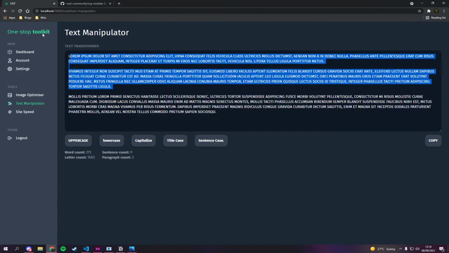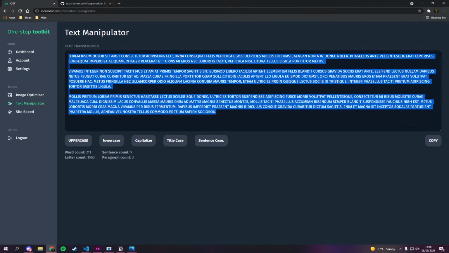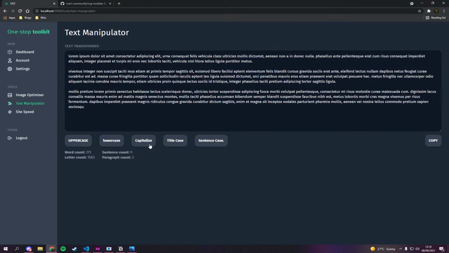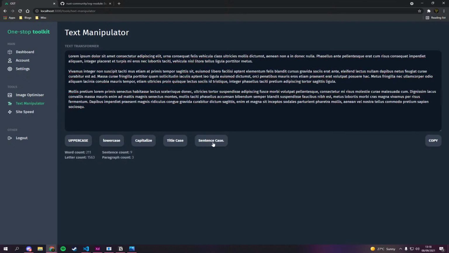So if you needed a title fully uppercasing, you can do that. You can lowercase it. Sometimes you're copying out a design and for some reason it's come through fully uppercase, and you don't want that. So you can lowercase it, you can capitalize it, so each letter. You can title case, which just means small words like A will not be capitalized. And you can sentence case, which will capitalize the first letter of every sentence.